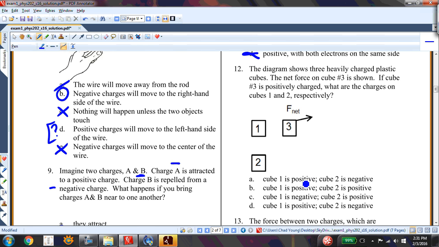This diagram shows 3 heavily charged plastic cubes. And then there's a force on cube 3. What are the charges? Well, in order to get this force, I have to have forces that are in this direction and this direction. Excuse me. This is a positive charge. That means